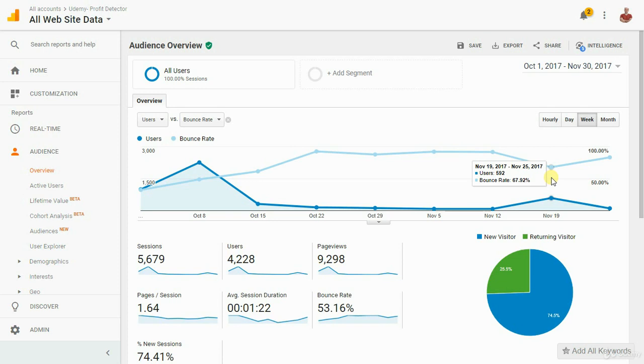The bounce rate is actually the percentage of people who left the site after visiting just one page, and you usually expect that if you raise the amount of visitors, the quality will fall and you have a bigger bounce rate. And here we see the opposite thing,